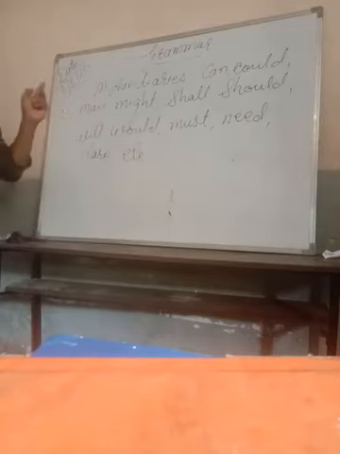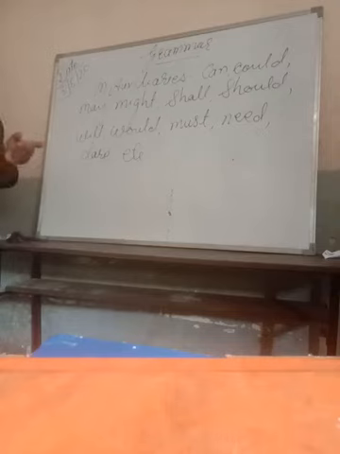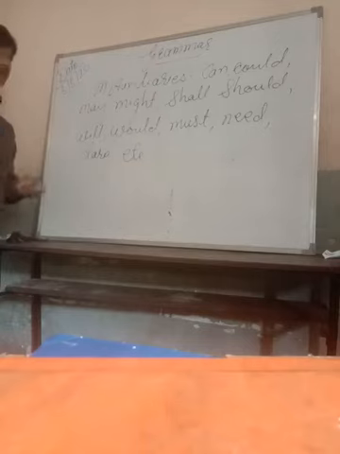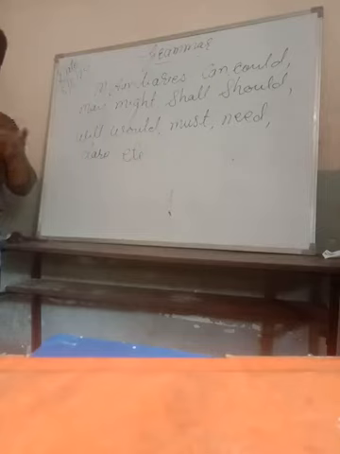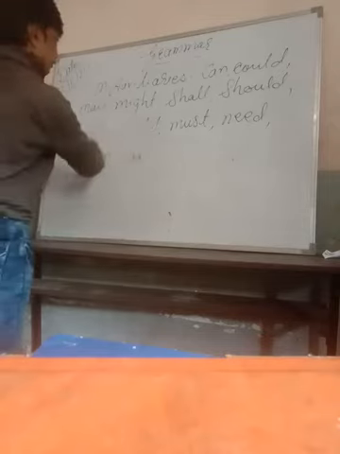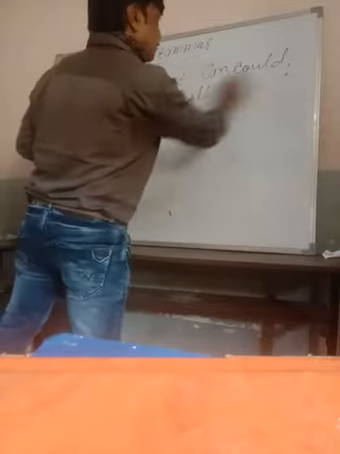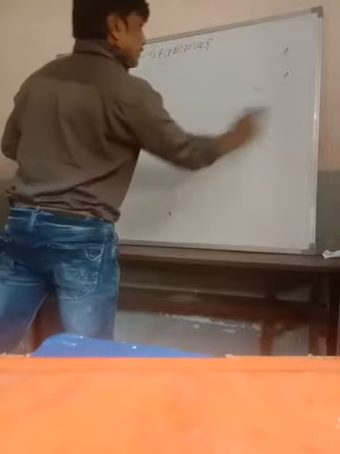You can see that this is the list of modal auxiliaries, and they are used in sentences to show the mood of the person and the things. You know the very important thing I told you in the beginning: they never come alone in a sentence. They are always associated with a main verb. So we are going to see their uses now, one by one, so that you may clearly understand them.